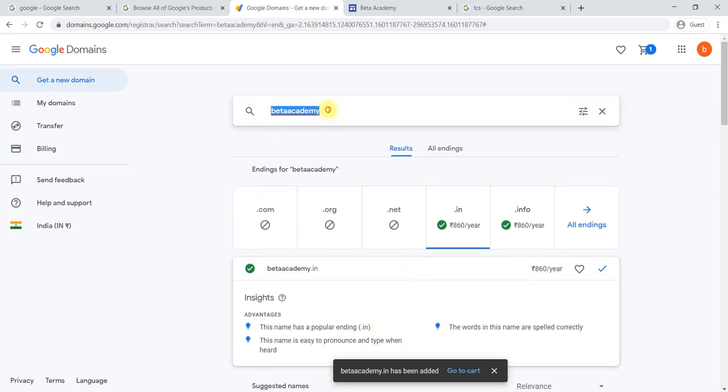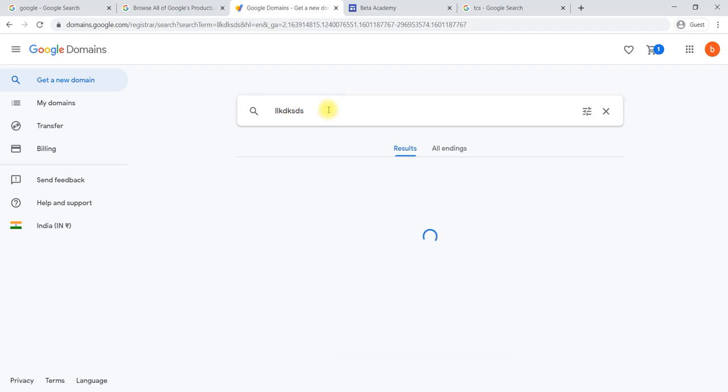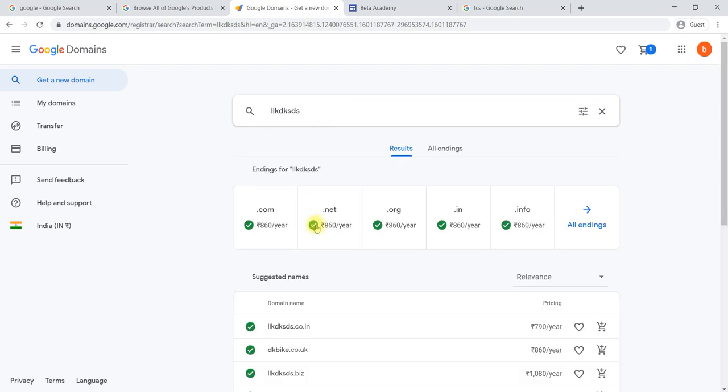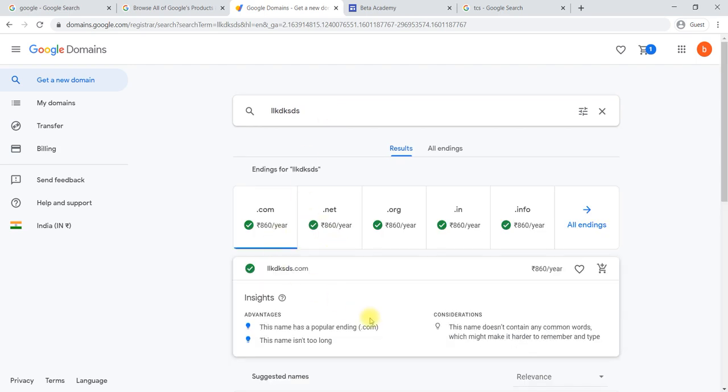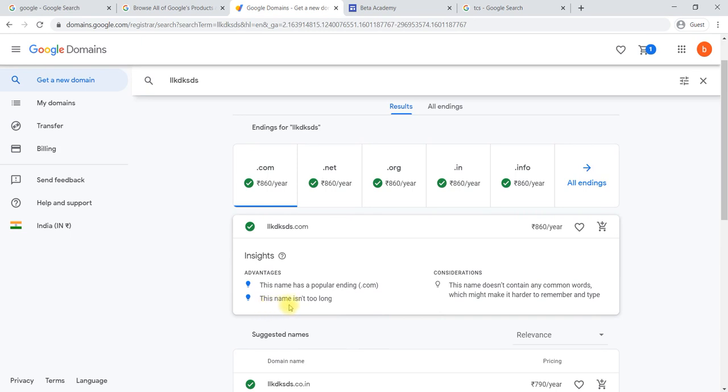For example, if you are searching for another domain like this, you can see here the name is too long. The name has a popular ending, but it contains many common words and might not be easy to remember and type.